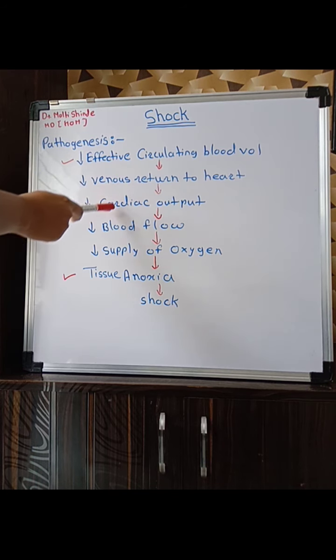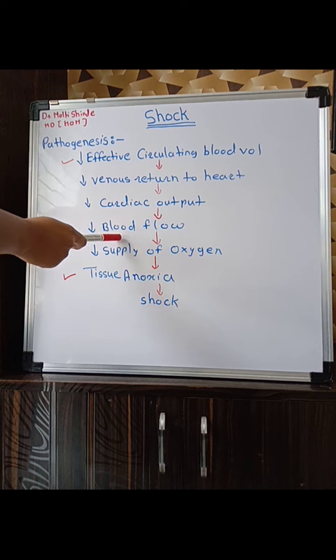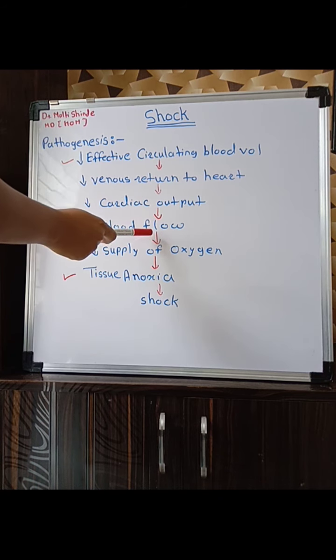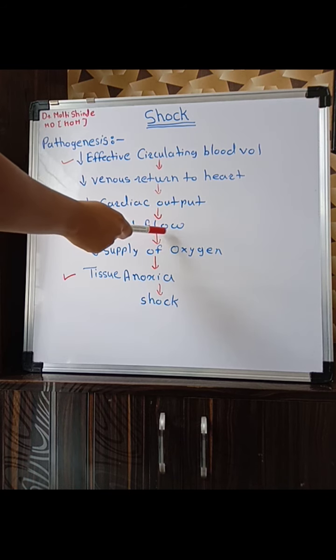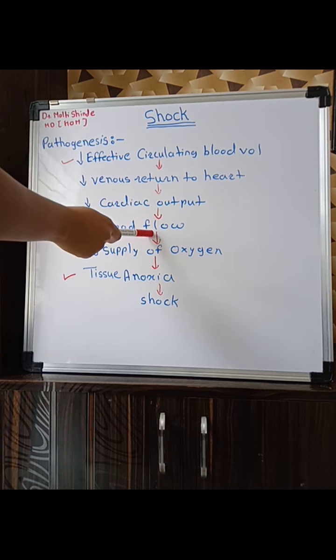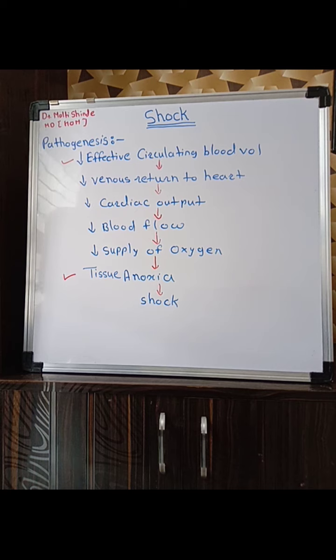and when that venous return gets decreased, that causes a decrease in cardiac output, as the total cardiac output of the heart gets decreased. When that cardiac output is decreased, that causes a decrease in the blood flow, that is, after the cardiac output, whatever blood goes into the systemic circulation also gets decreased. When that blood flow is decreased, that causes the reduced supply of oxygen to the cells